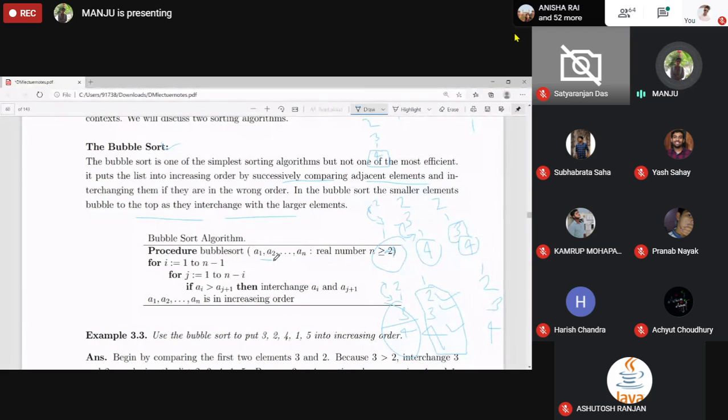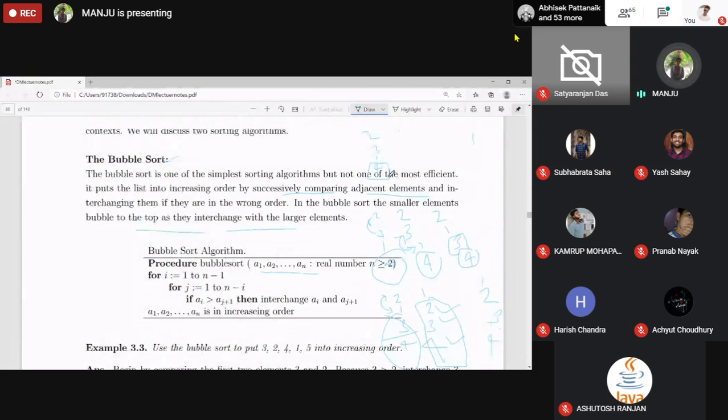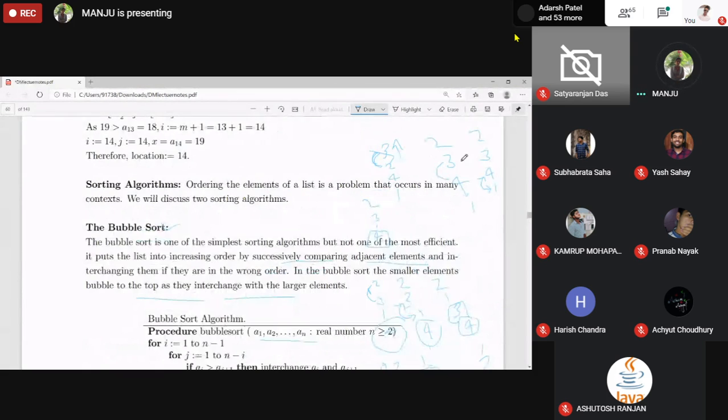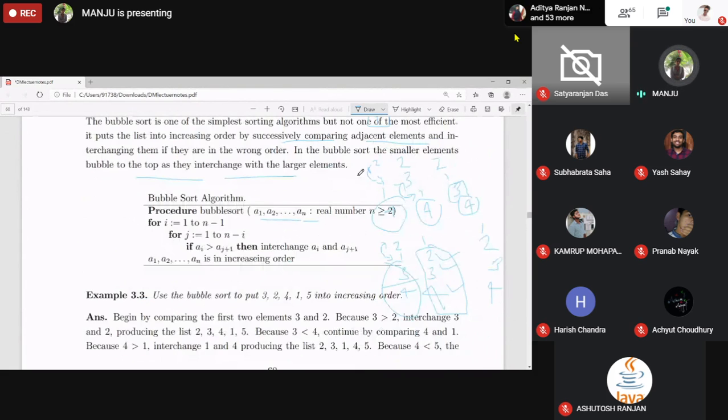So here this is A1, A2, A3 and so on up to AN, where N is at least 2. This I is the number of passes. So how many passes did we go through? When the number of elements is 4, in this list, one pass is this one, second pass is this one, third pass is this one, and this is the output.